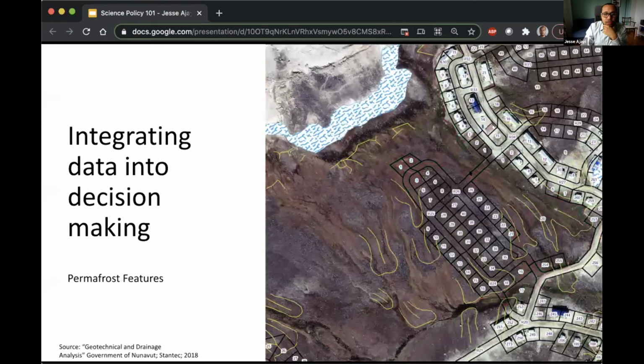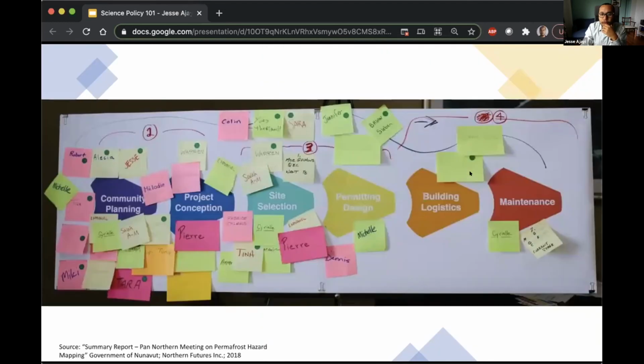And actually, I just want to make one more point. I'm just going to jump back here. Some of the key takeaways are probably pretty obvious from this session, but they'll infuse some of the examples I give next. Key takeaways of how to mobilize knowledge about, in this case, permafrost conditions to mitigate hazards that will permeate local decision making: understanding what data policymakers are looking for is key.